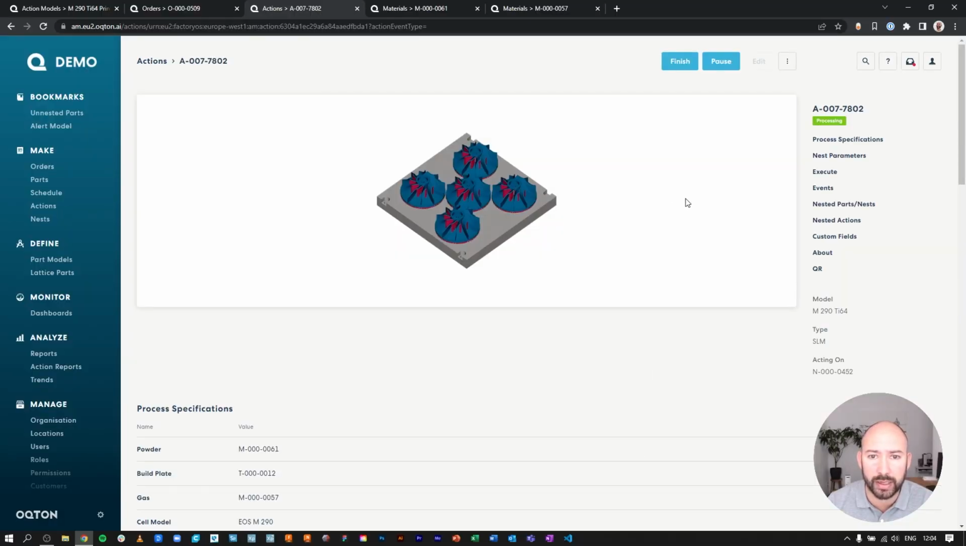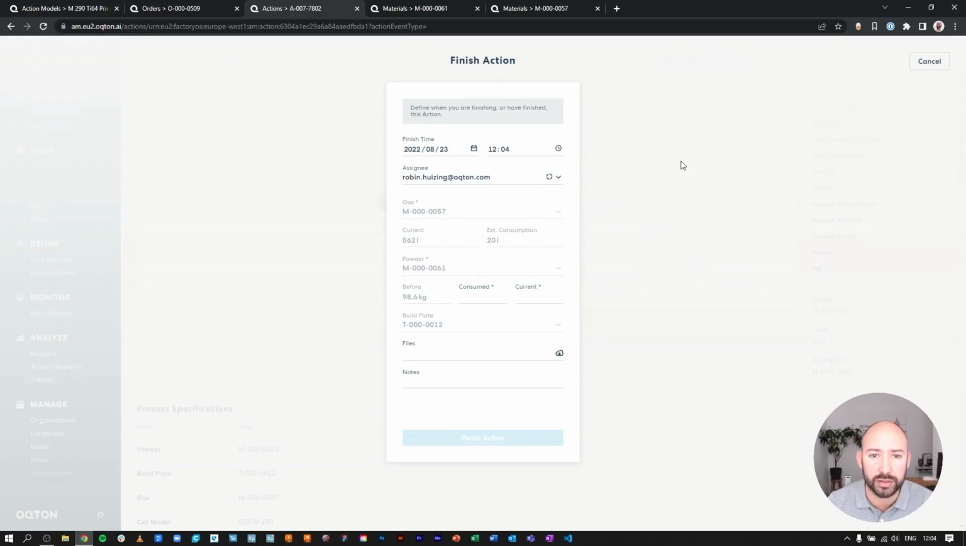Alright, and let's say that the build is finished now. Now we can finish the action. And you see, since we've configured it that way, we can now tell the system how much material there is consumed. So let's say that that was 1.4 kilograms, and now you also see the current volume that will be left, or the current weight that will be left. Okay, so now we can finish the action,